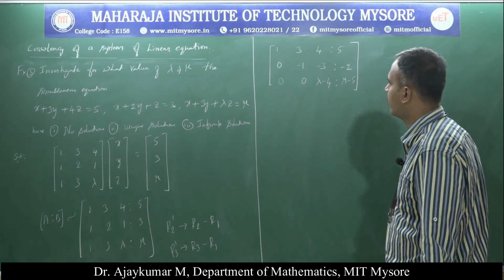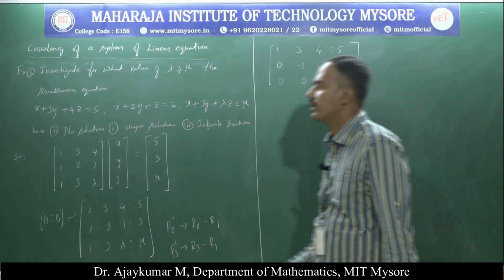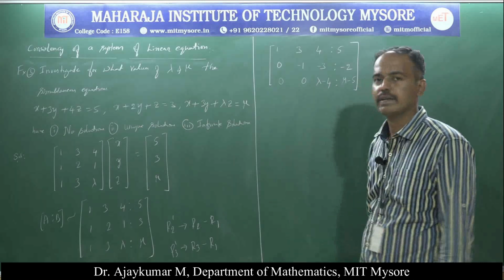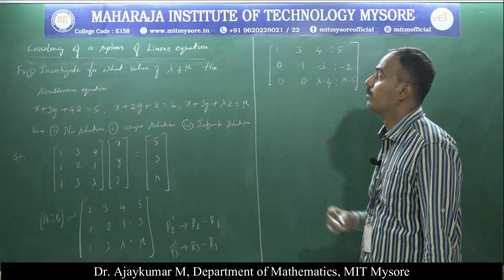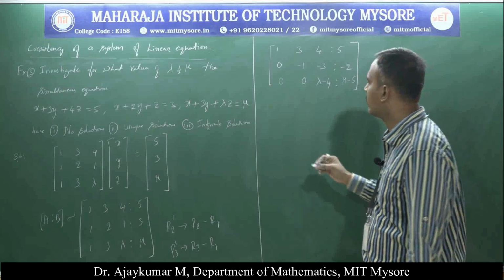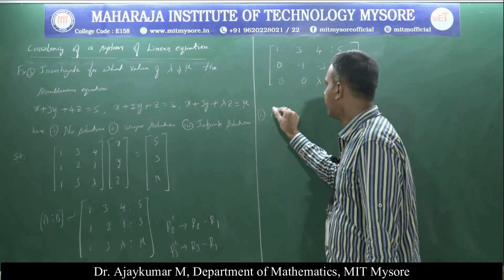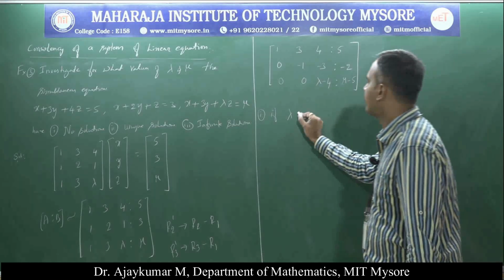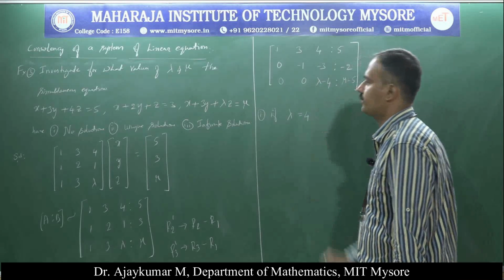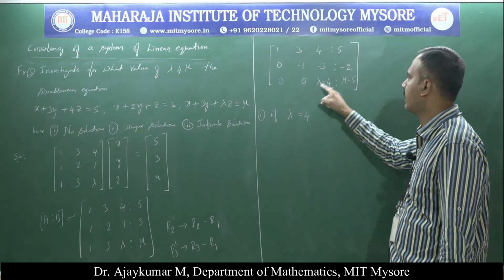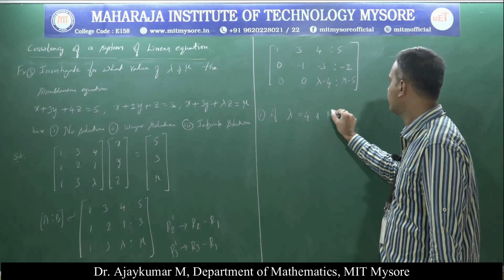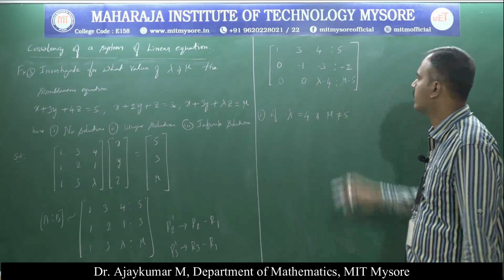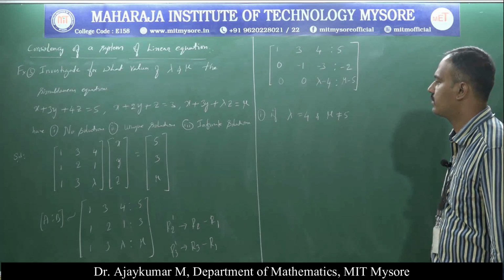Now what about the next observation? We have to check further whether we get no solutions, unique solutions or infinite solutions here. Okay, for what values of lambda and mu here? Now the first condition: lambda minus 4 is available here. If lambda is equal to 4 and mu is not equal to 5, okay, lambda is equal to 4, mu is not equal to 5 means here